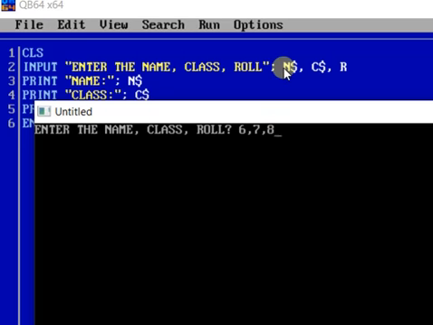So R is okay, but $N and $C will treat 6 and 7 as alphanumeric values, not numbers. So here they will not display any error, redo from start, but your